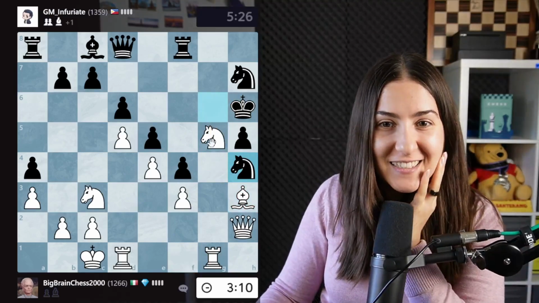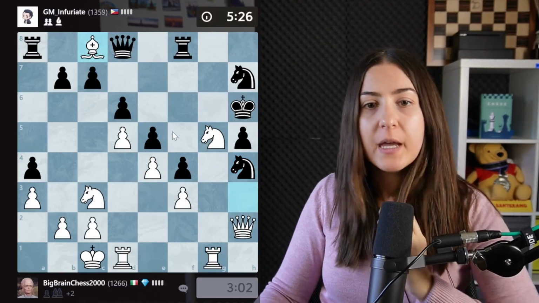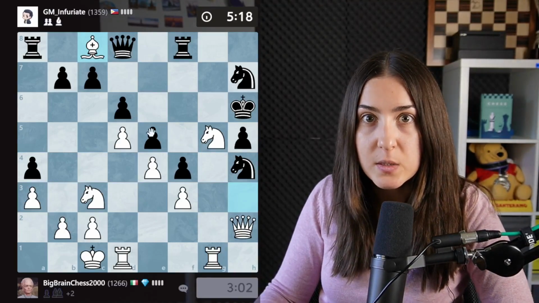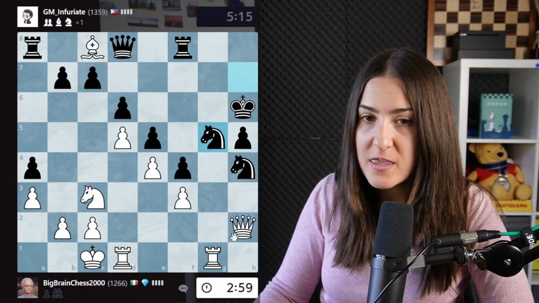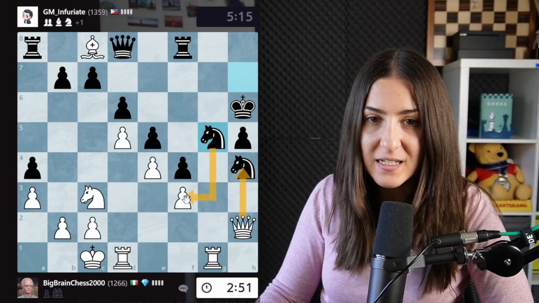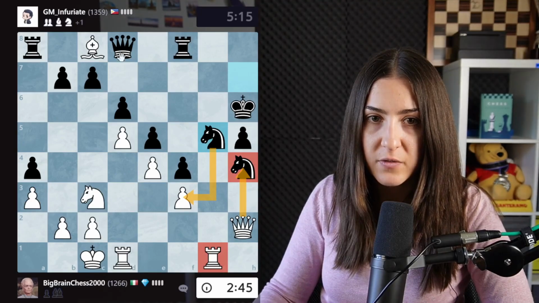That's crazy. What to do here? I think I will take there. And the nice part is that suddenly this knight is hanging. And now if they take there, I think I will take here. It's tricky because they can take there, attacking the queen and the rook at the same time. And if I trade the queens...